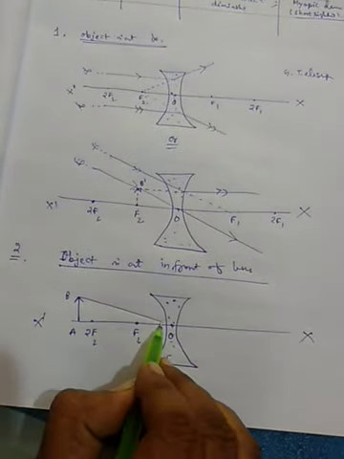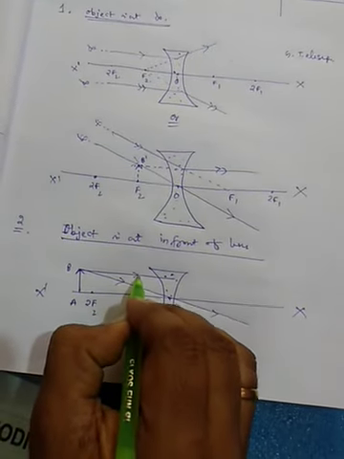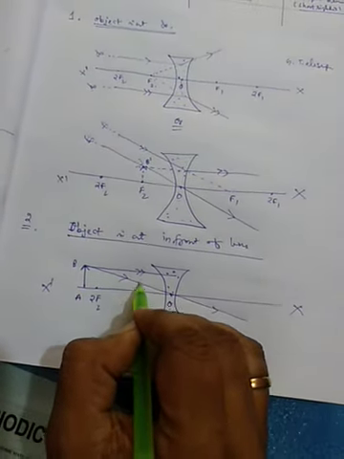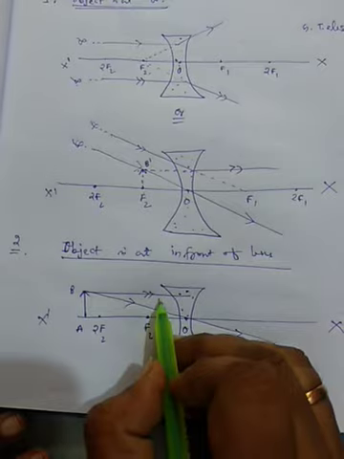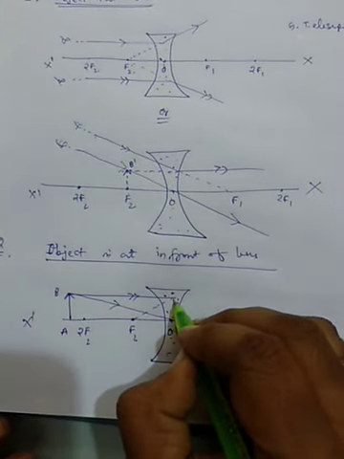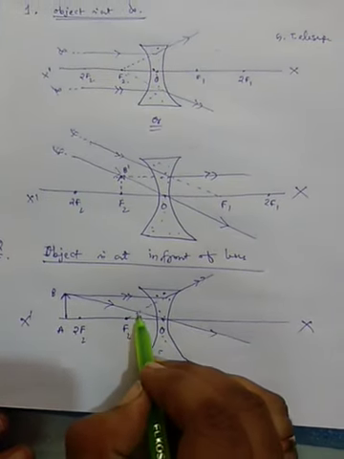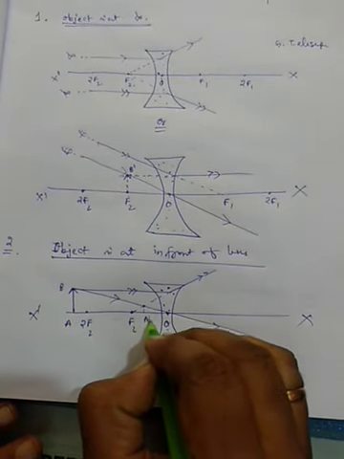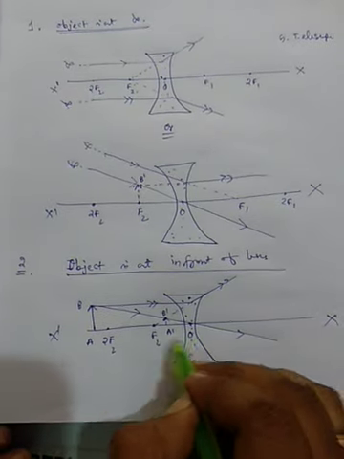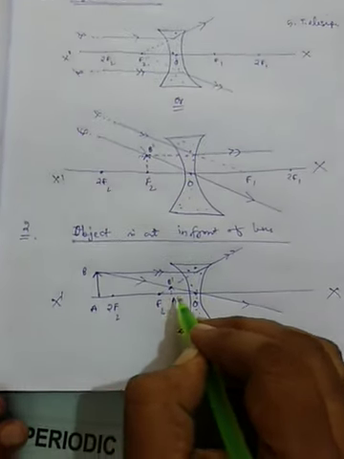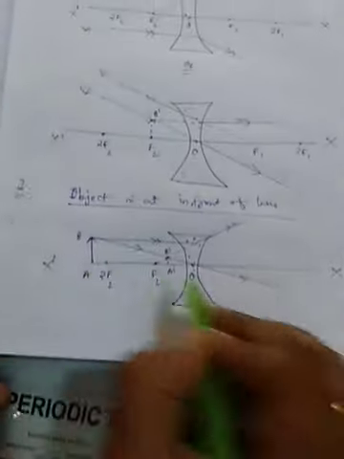First draw the incident ray passing through the optic center, which remains undeviated. Then draw another ray parallel to the principal axis. Use a single arrow mark and a double arrow mark just to distinguish the two rays. According to the principle, if the incident ray is parallel to the principal axis, then it appears to come from the second focus. These two rays do not really meet each other; they appear to meet from this point. So this is your image A dash B dash. You can verify that the image is in between the optic center and the second focus. Nature is virtual, erect and diminished. Diminished means the size of the image is small in comparison to the size of the object.